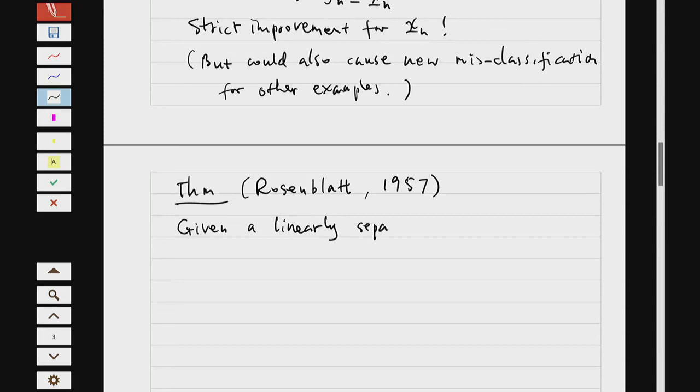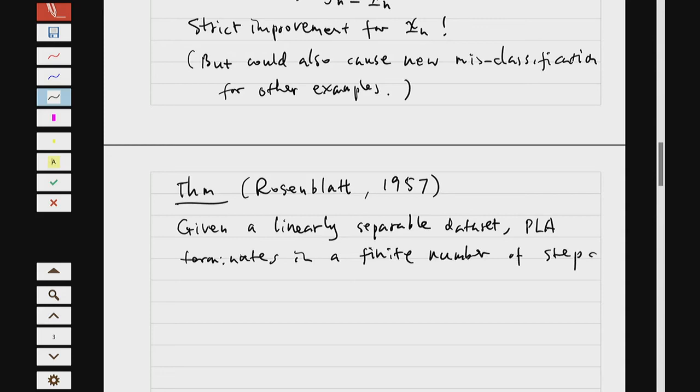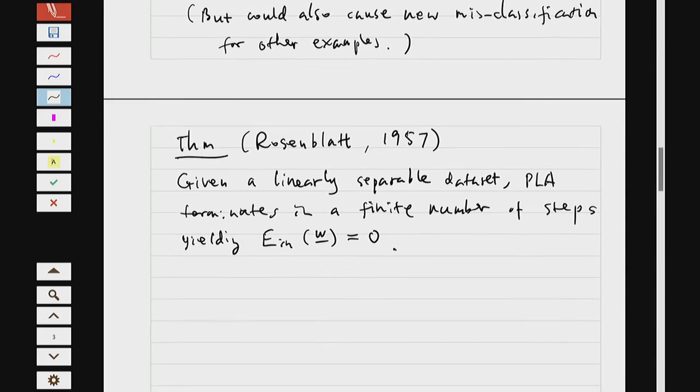Linearly separable data set. The perceptron learning algorithm, let's say, terminates in a finite number of steps, finally yielding, remember our notation for the training error, the so-called in-sample error, equal to 0, meaning that there are no misclassified points. Okay. And the proof